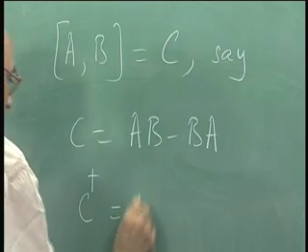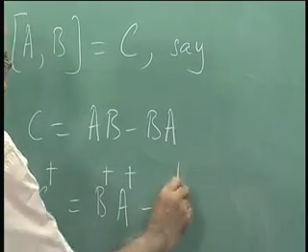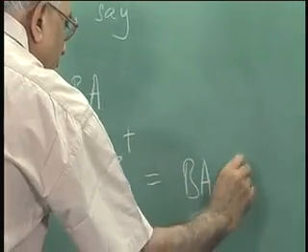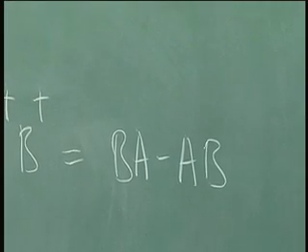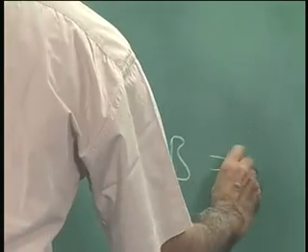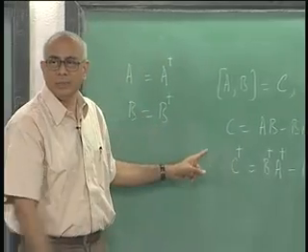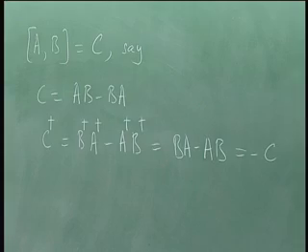So this is equal to B dagger A dagger minus A dagger B dagger, but that is equal to BA minus AB, because B and A are themselves Hermitian, and this is equal to minus C. So a commutator becomes anti-Hermitian. On the other hand, A and B are both physical